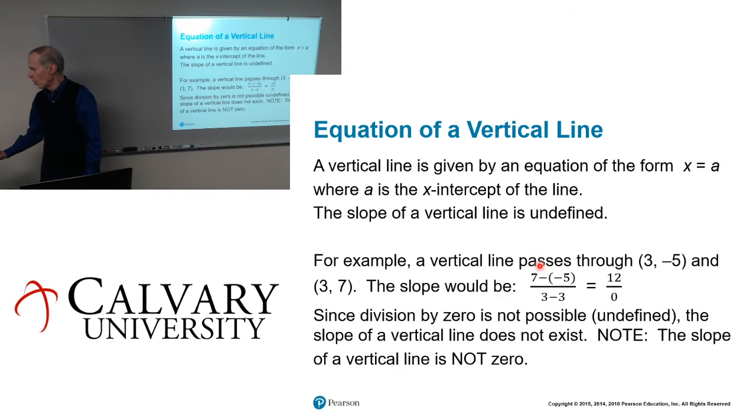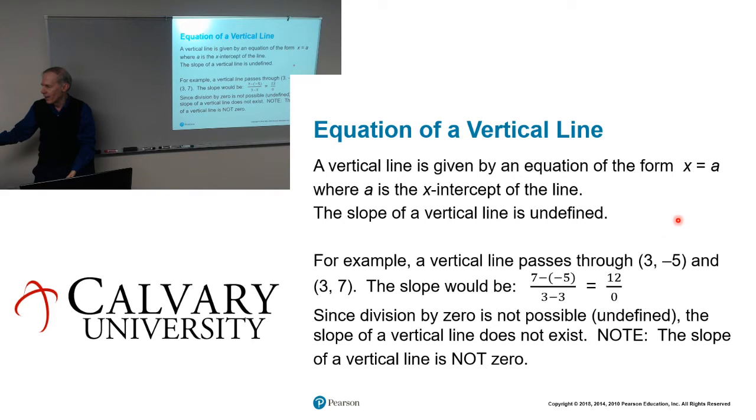So notice real carefully here, as I was just hinting at. If you had a different example here, if a vertical line passes through 3, negative 5, and it also passes through 3, 7. So notice why that's not a function, by the way. You have the same x coordinate but different y coordinates. And so if you are actually trying to calculate the slope, then by doing the formula, you would have the change in the y values divided by the change in the x values, which is 12 divided by 0,